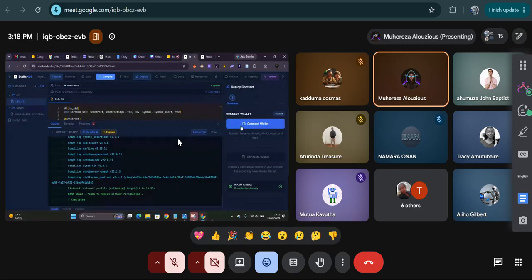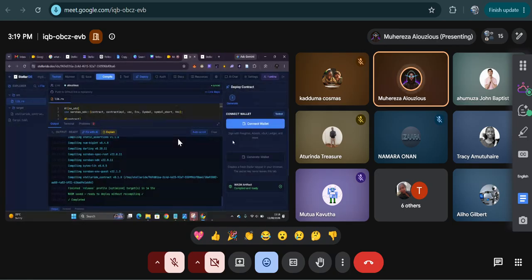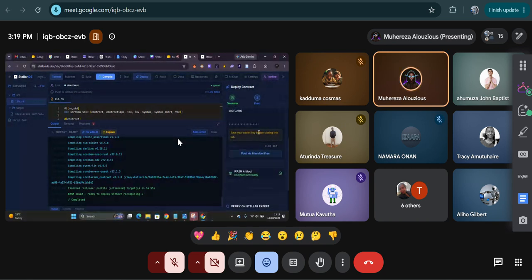You can connect the wallet, where we are using the Stellar Wallets Kit, which has all these wallets. They need to be installed on your Chrome, and you have to have accounts on these wallets. Or you can just generate a wallet here. Click on generate a wallet. It will generate a separate key, and then you can fund it. After funding,